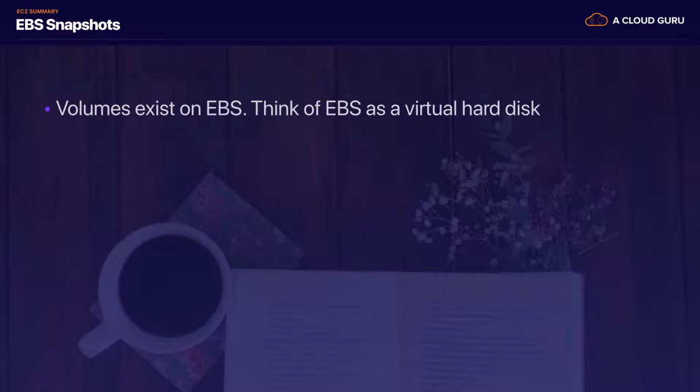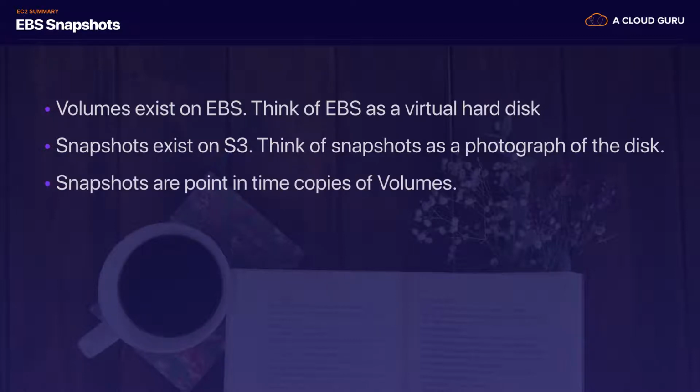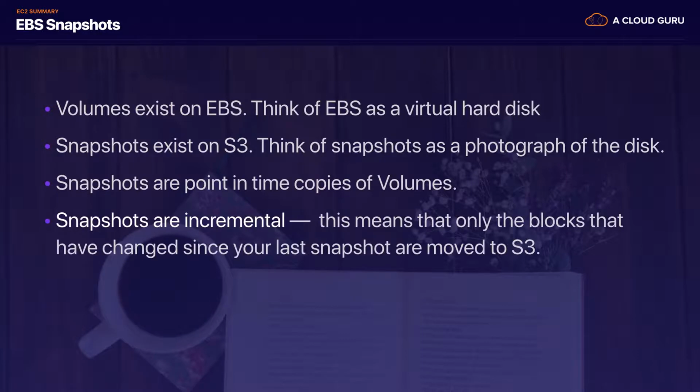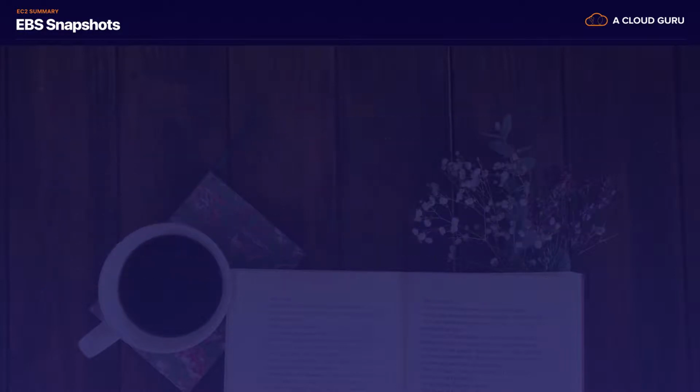So staying on EBS, volumes exist on EBS, so just think of EBS as a virtual hard disk drive in the cloud. Snapshots exist on S3, and I want you to think of snapshots as a photograph of the disk. Snapshots are actually point-in-time copies of the volumes, and snapshots are incremental, so this means that only the blocks that have changed since your last snapshot are moved to S3. And if you take your snapshot for the first time, it may take some time to create. That's because it's doing its very first one, but then it will only replicate